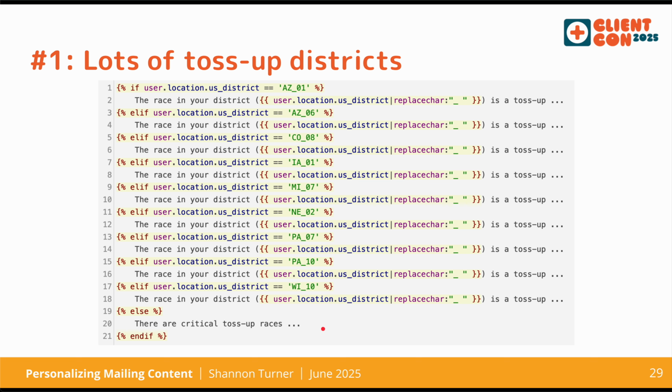There's a lot of repetitive content here, and maybe in an actual mailing, you'd have unique and specialized content for each of these districts. Maybe not. Maybe these would be separate mailings, or more likely, you'd be mailing about these districts as a general group of toss-up districts. But before we move on to a better way of doing this, let's look at the preview